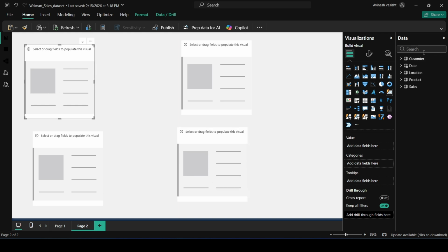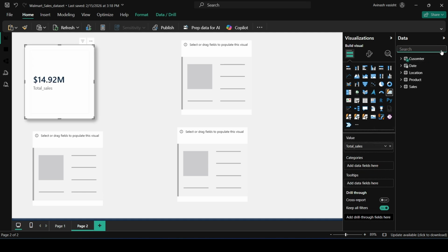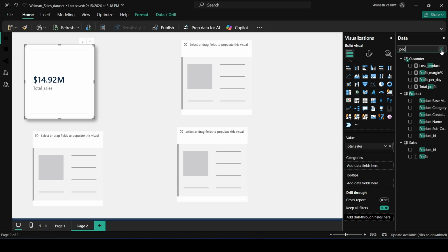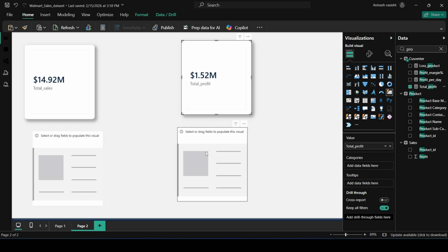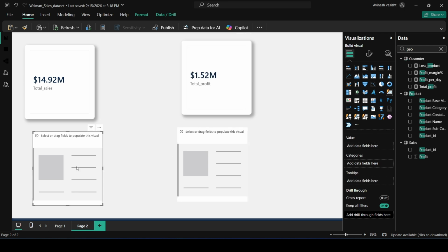Now first we want to see the total sales that we have. It's $14.92 million in sales, and we also want to see total profit. It's 1.52 million total profit,